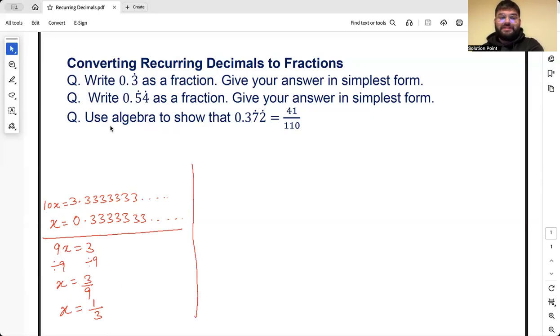Now let's discuss the second question. Write 0.54 recurring, with the dots on 5 and 4, as a fraction, giving your answer in the simplest form. The first thing I'll do is write it as 0.54545454 and so on. Now, if I multiply this equation by 10, the decimal moves one place to the right. So this will become